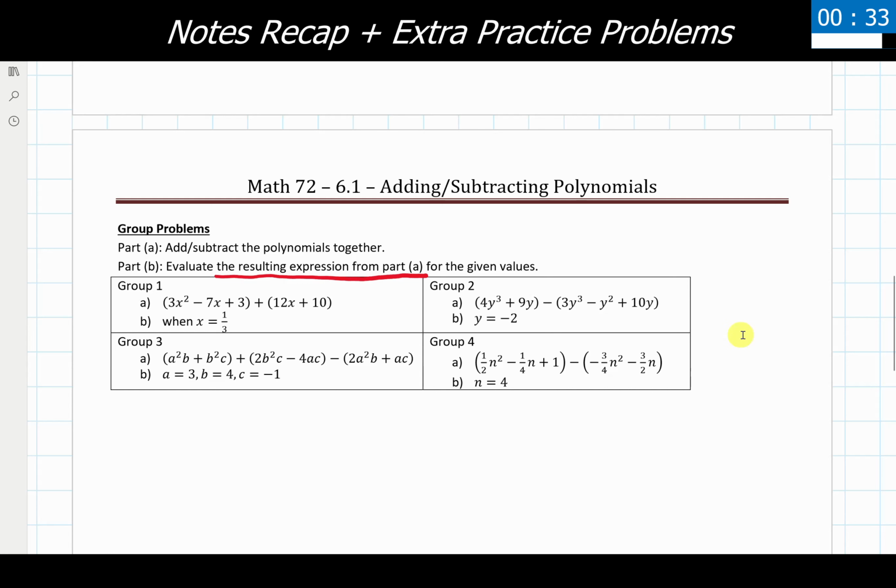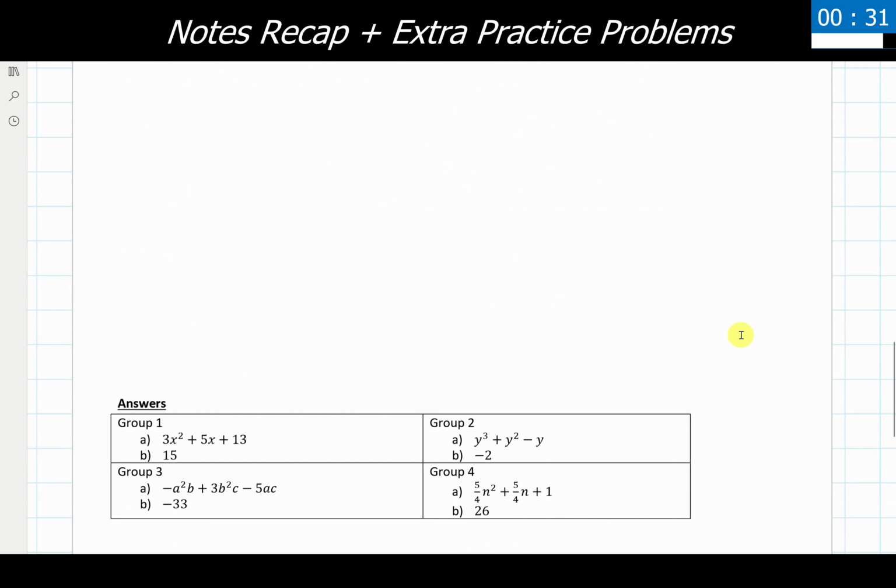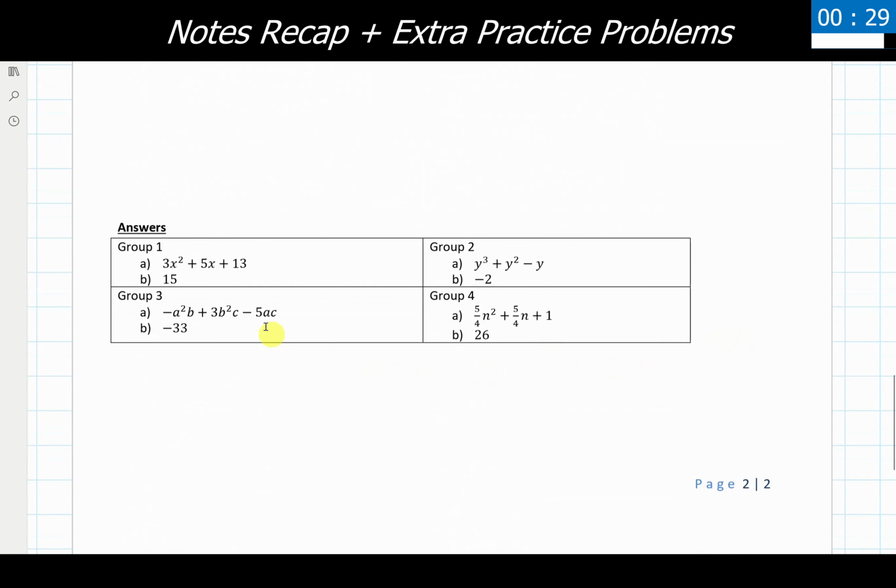We'll scroll down here to our answers, and hopefully you're getting something that's the same as what we have written down here. If you are getting anything different, I would highly recommend backtracking to see if you plugged in values inside of parentheses, and if a rogue negative maybe slipped through the cracks and somehow messed something up. That tends to be the main culprit with a lot of these problems, especially the evaluating sections. But with that, that is everything for our 6.1 material.